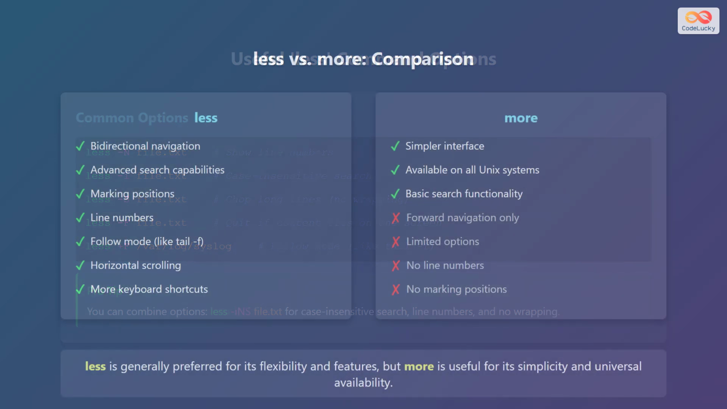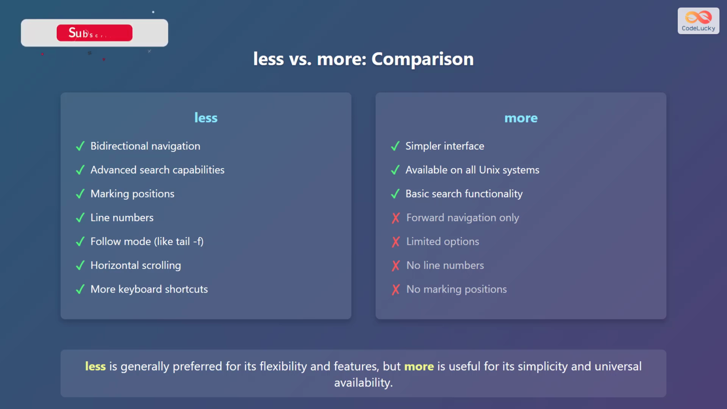Now let's compare the less and more commands. The less command offers bidirectional navigation, advanced search capabilities, the ability to mark positions, line numbers, follow mode, horizontal scrolling, and more keyboard shortcuts. On the other hand, the more command has a simpler interface and is available on all